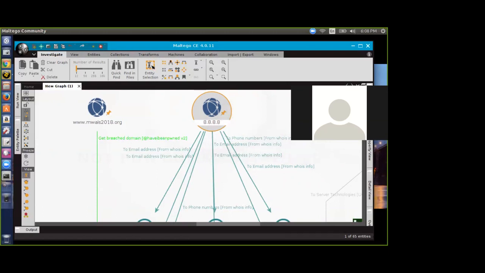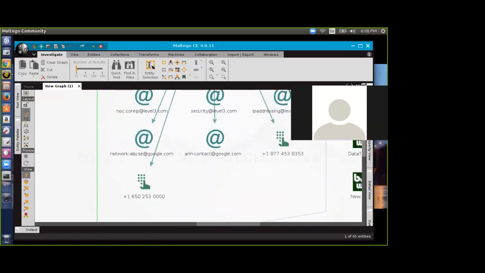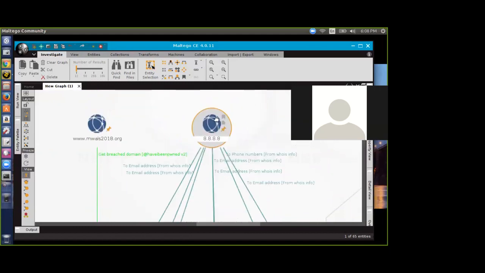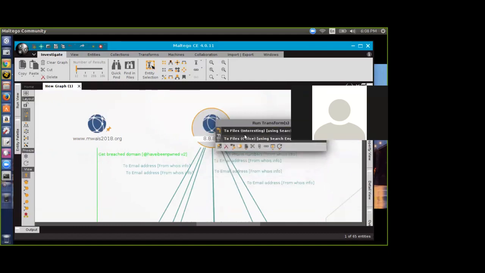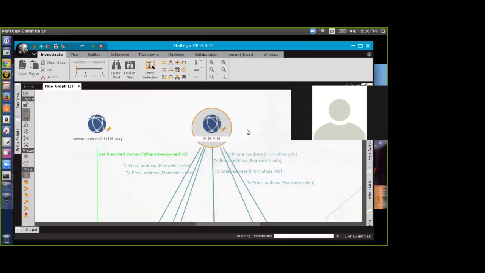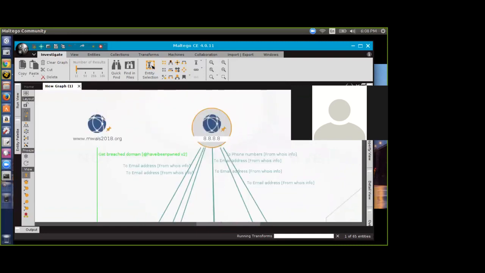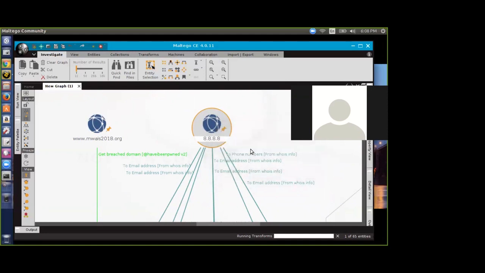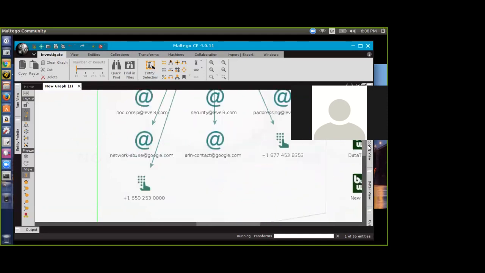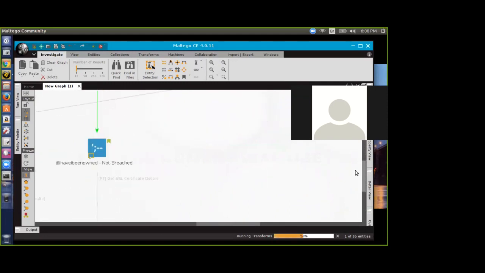So I did another search, another transform, gives me some phone numbers. And then I'm going to run another one. You can do files and documents. So I can look at files that come out of this. Nothing, okay. Nothing again. Now, even though nothing's come up there, I'm pretty sure if I go back to